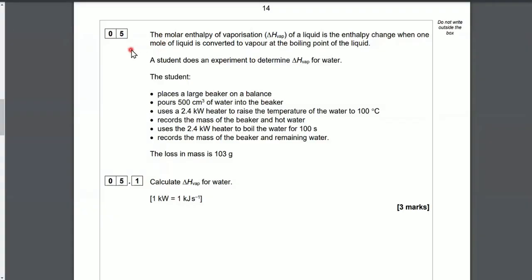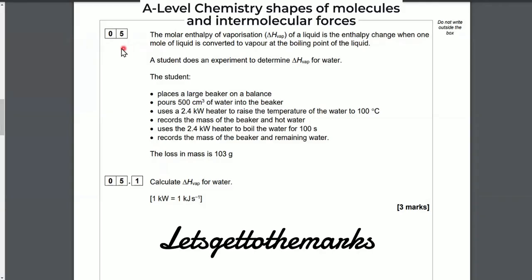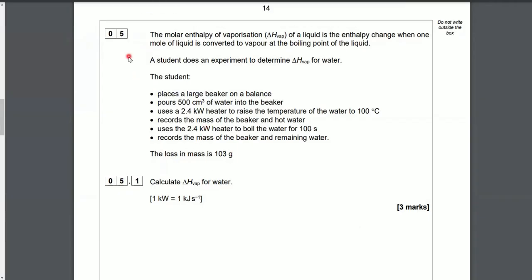Okay, we're looking at this question, which is really on shapes of molecules. Let's get into it. It's quite a difficult one on shapes of molecules and a bit of an unusual maths question here. So question five, the molar enthalpy of vaporization, delta H with a little VAP, of a liquid